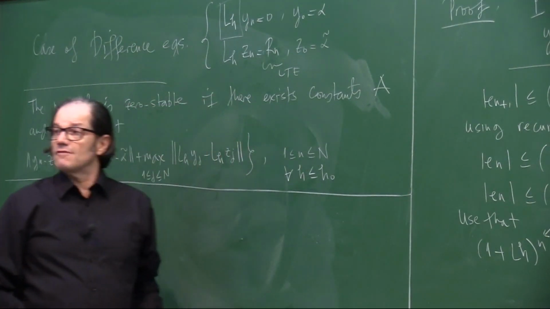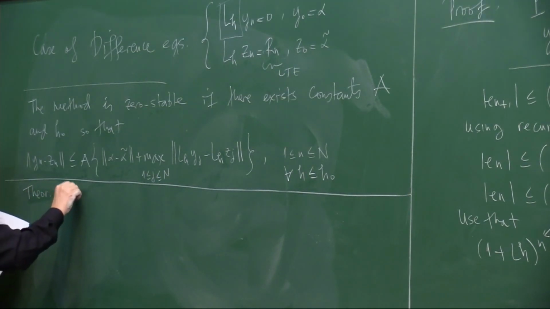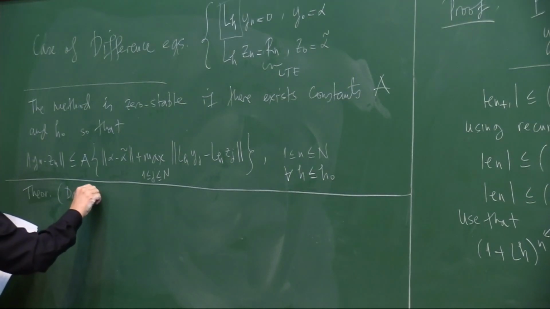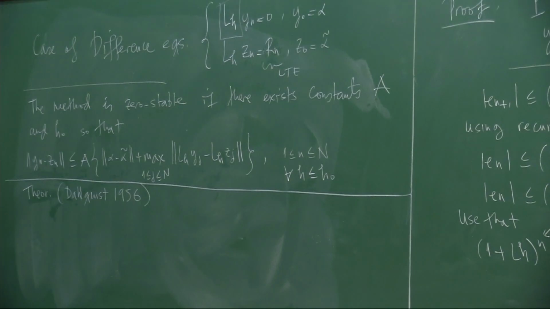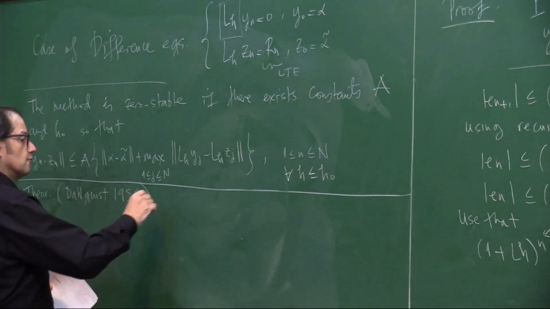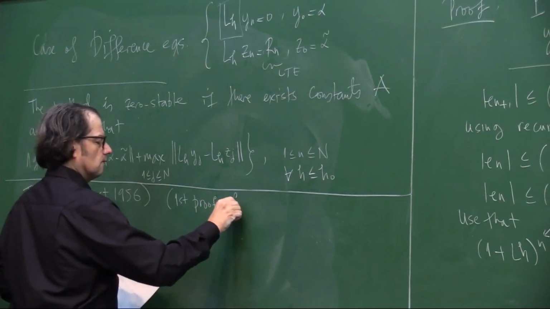But it would be nice to have this because then there's this super theorem here. There are many theorems that are called equivalence theorem. Let me just write this one theorem, and the first version was by Dahlquist, 1956. Okay, did I write Dahlquist correctly? I think so, yeah. And he did the first proof, the first proof is for